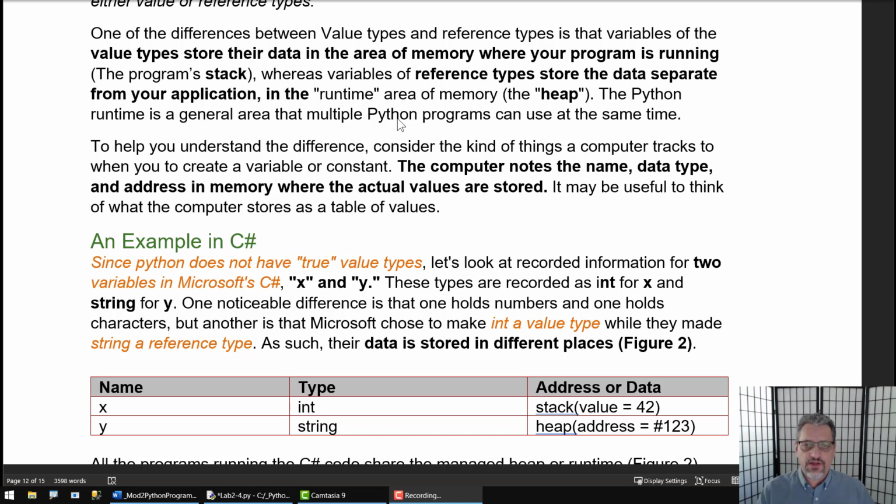If it is a reference type, it's typically stored separate from that in what's known as a runtime environment, or if I'm using an example from C#, that's stored in a heap. Now I am going to use an example from C# because unlike Python, in C# there's a more clear and formal distinction between value types and reference types. In Python, there's still a distinction, but officially there's only reference types, even though they behave differently. So from C#,